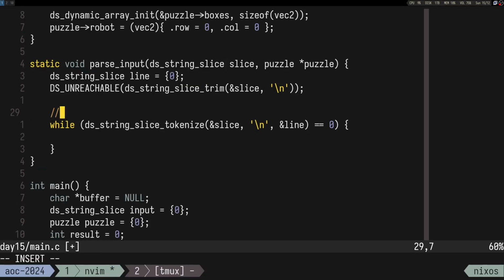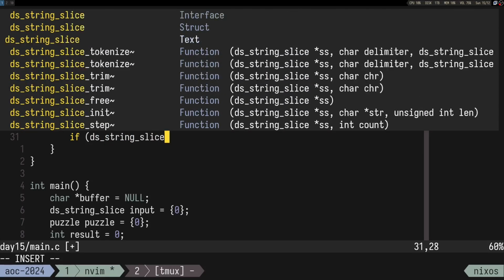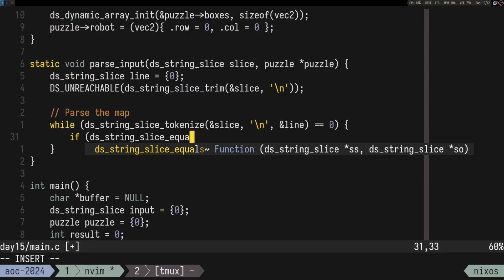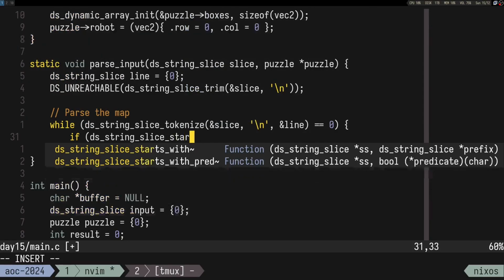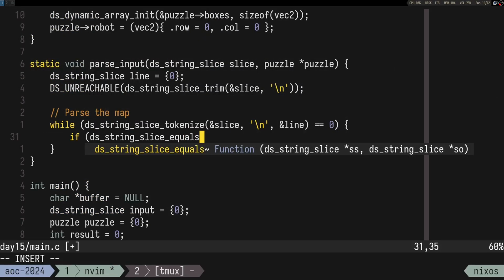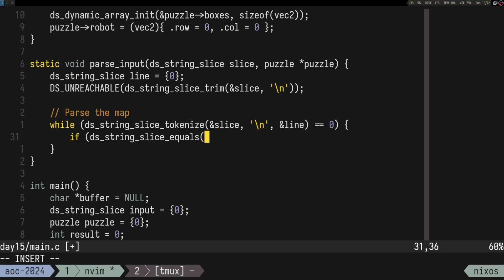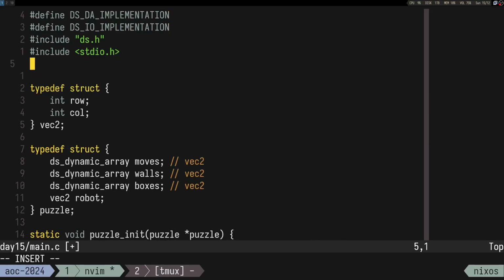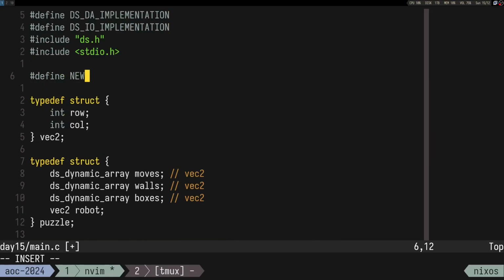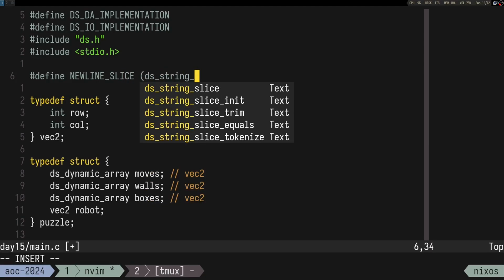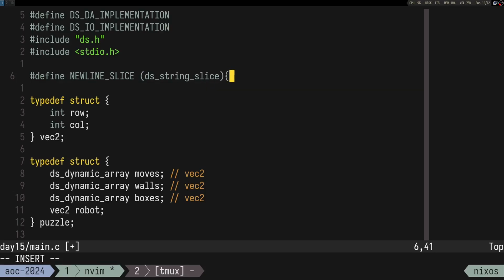And what we can do is first parse the map, right? And something like if ds string slice equals, or I guess I have starts with, but let's do equals. So if our line is equal to, and I can just define here, define new line slice is just this string slice